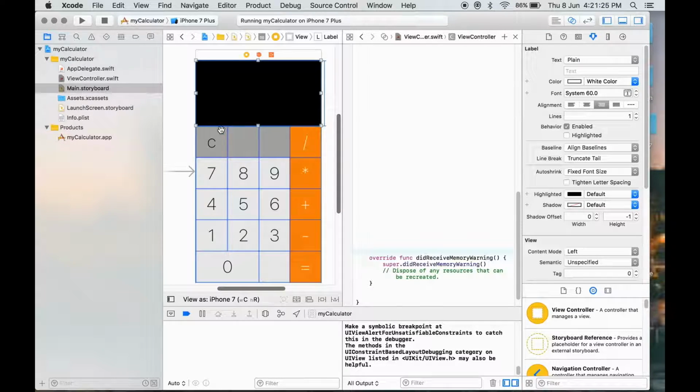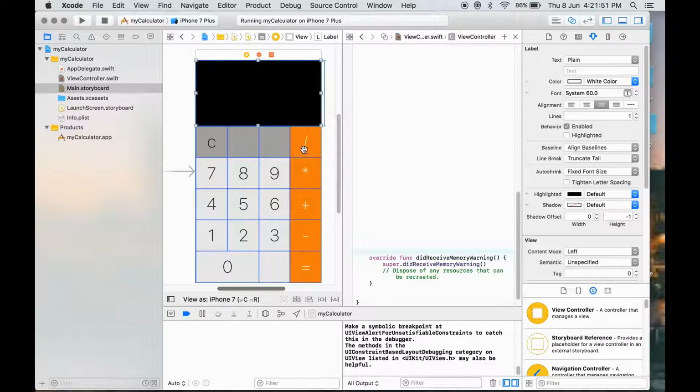But before we start connecting the elements, let me tell you, we can have two different classifications for these buttons. For all the number buttons, whenever the user clicks on a number button, we just want to display those numbers on the label.